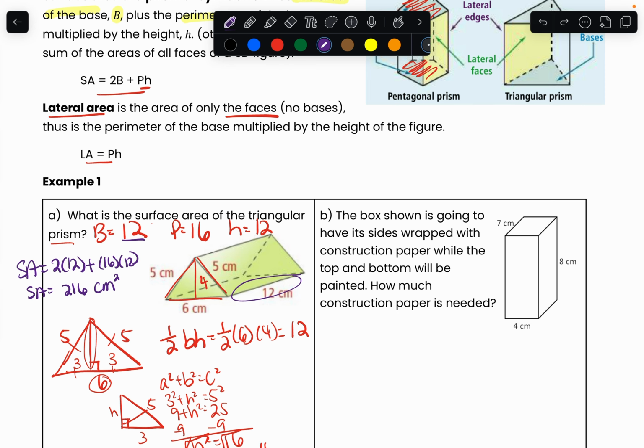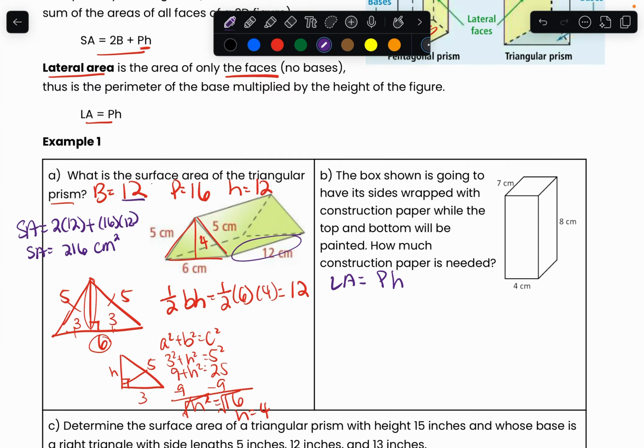So let's write down the lateral area formula, which is LA, lateral area, equals perimeter times the height. Now let's find the perimeter of my figure. If I look at this shape right here, this is a rectangular prism, so if this is 4 right here, this is going to be 4 right here. The question should mention rectangular prism, which is a mistake that they didn't. If there's 7 right here, then this right here will be 7 as well. If this is 4 right here, then the opposite side here will also be 4.